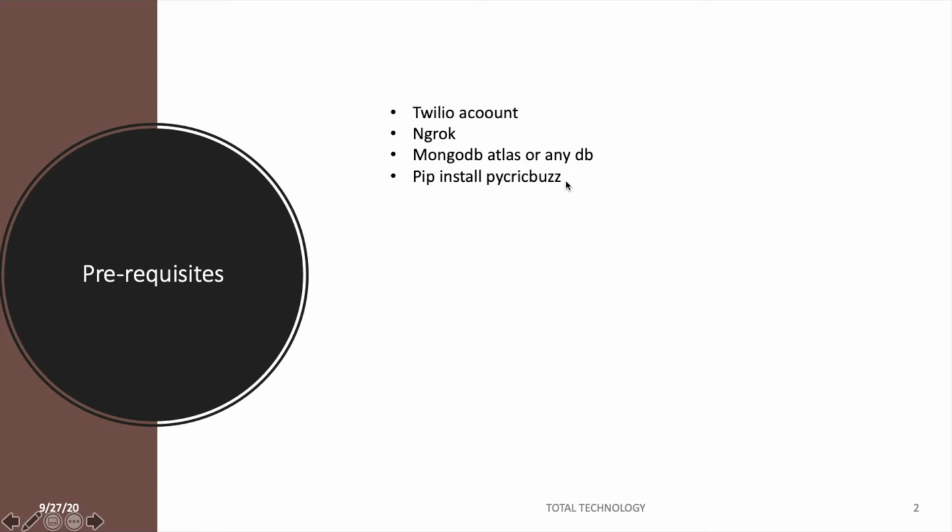Cricbuzz.com is a website which gives you live score updates. They also have a Python module, so it works kind of like an API, where you can get all this data. I'm not going to discuss theoretical concepts in this slide, rather I'll do everything from the course. But one more thing, guys: I haven't prepared for this tutorial, because I got so many requests yesterday night and didn't get much time to prepare. So I'll be doing it live, and probably I'll get many errors and fix them then and there. So this video length will be a bit longer, and I'm sorry for that.